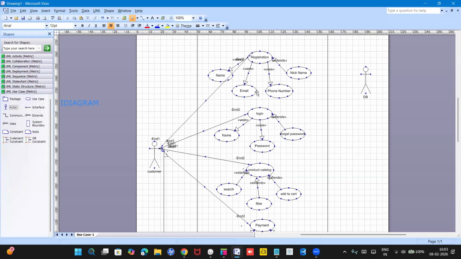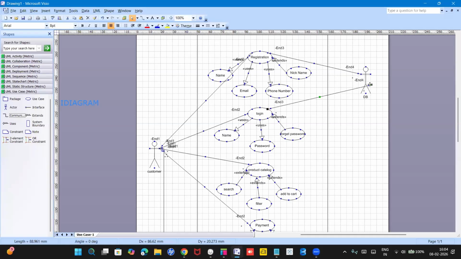So the details must be stored in this database and it will show the registration is done. Okay. In this way, we need to show the secondary actor in the use case. So this is how a primary actor and secondary actor are shown in the use case diagram. So let me give for the registration, it wants to store, and the login also, whatever the details